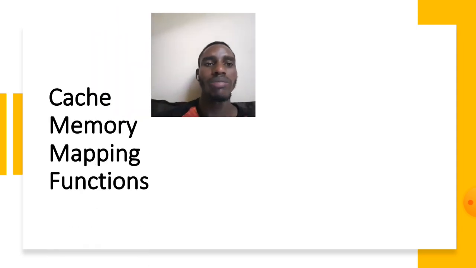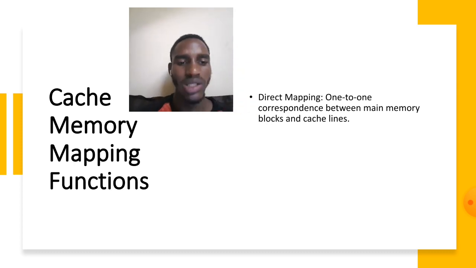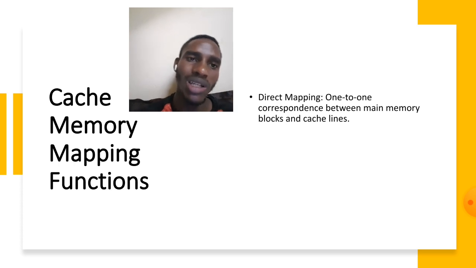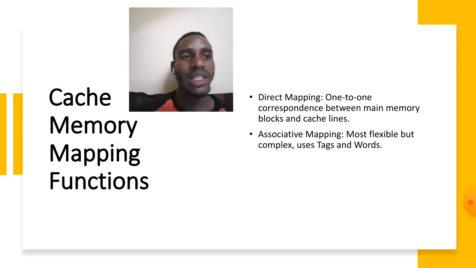So this brings us to cache memory mapping functions. Cache memory mapping basically means the process used to determine where a data block from memory is going to be stored in a cache memory line. One of the methods used is direct mapping, which is a one-to-one correspondence between memory blocks and cache lines. It means that the first block is going to be stored in the first cache line, as simple as that. The next one is associative mapping, and this is the most flexible but complex type